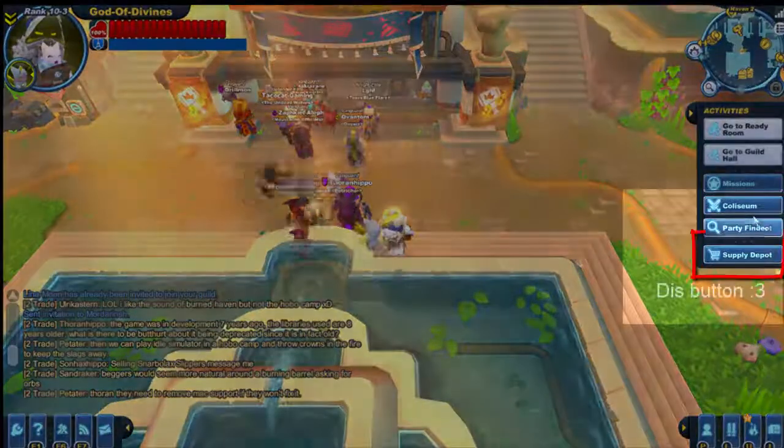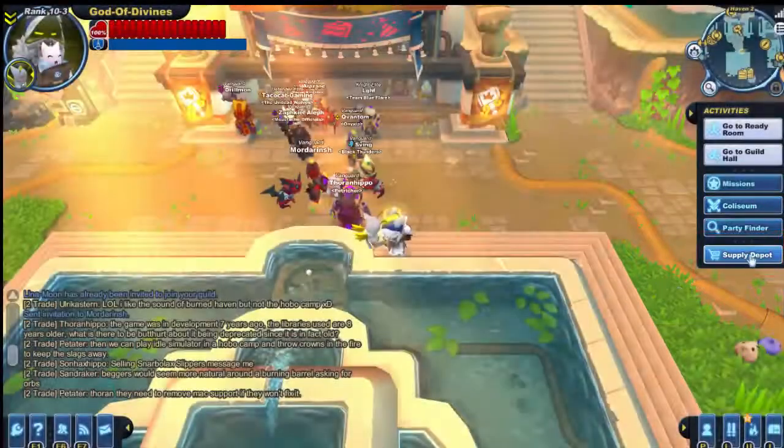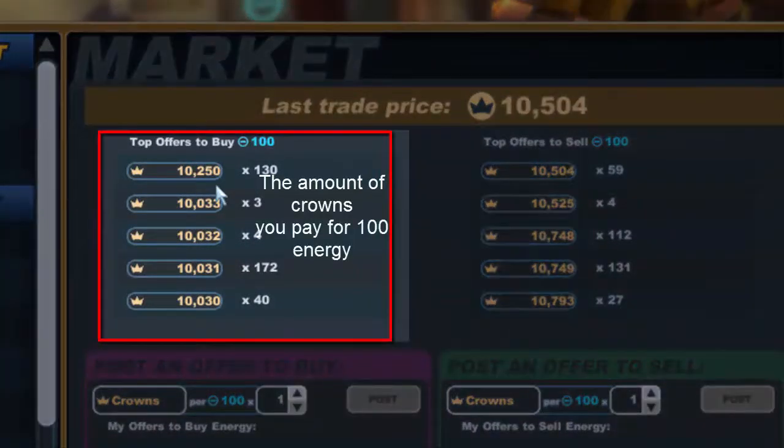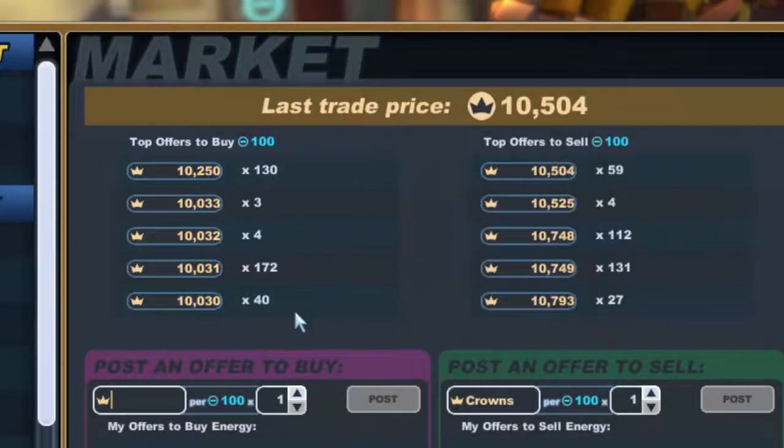Basically what you want to do here is just monitor the exchange rate. Hold on, slow computer. Basically, you just need to monitor the exchange rate between crowns and energy, and actually, let's see if a person is putting up for 10k point 250. So if I wanted to buy energy now, it would actually be a bad idea, because if I buy the energy at 10k